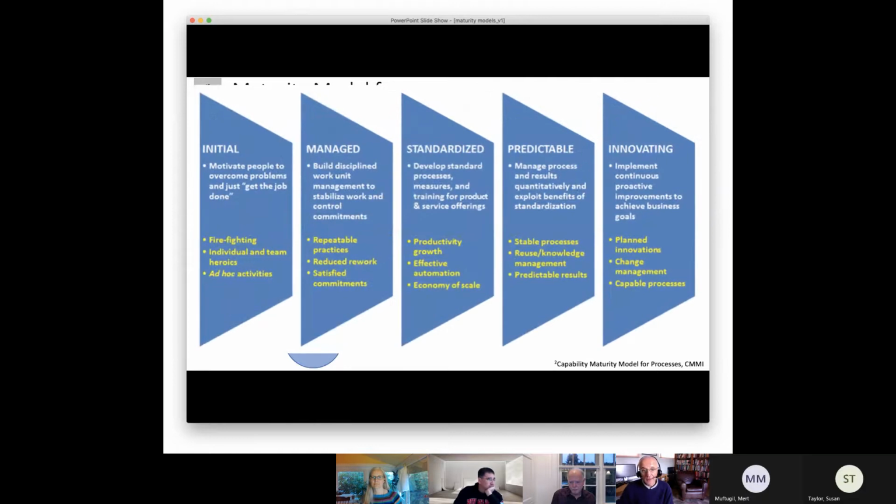If we look at it closely, we could say that this initial phase is basically when the knowledge is in people's heads and they can do the job, but then you've got problems when you're doing succession planning. The second one, managed, is when the knowledge is within a team, shared by a team, and it's a little bit better and scalable and repeatable. Level 3 is when it's documented, which means that you can give a new hire a document that says, this is how we do it, and people can analyze it. The fourth is that